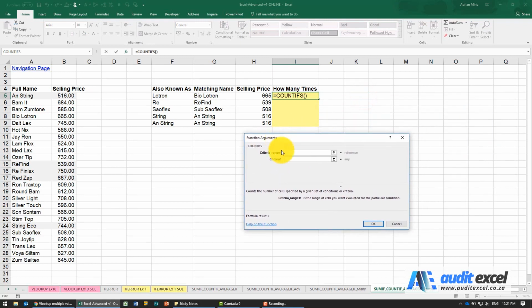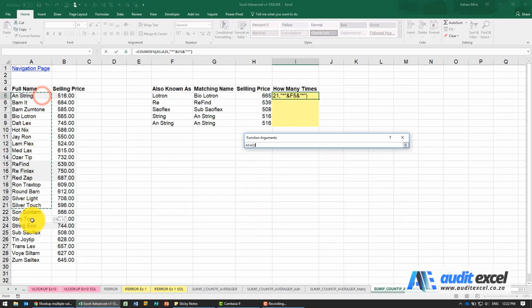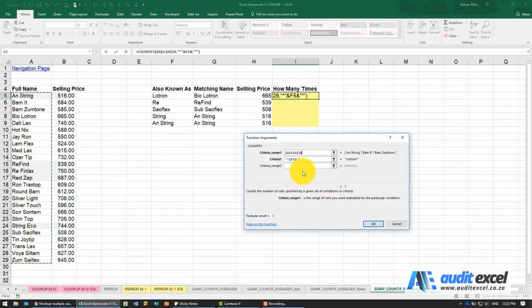We're going to build up our criteria first. So we're going to say we want to look for whatever's in that cell there, but we're not sure, there might be something before it, and we tell it that by putting in inverted commas an asterisk, a multiplication sign, and using my ampersand to create a bit of a concatenate before and after. So you'll see now I'm asking Excel to look for the word Lotrin, but there might be characters, and we don't know how many, before or after, and that's what the asterisk tells it. Where must Excel look for it? I'm going to give it this list here, and put the dollar signs on.